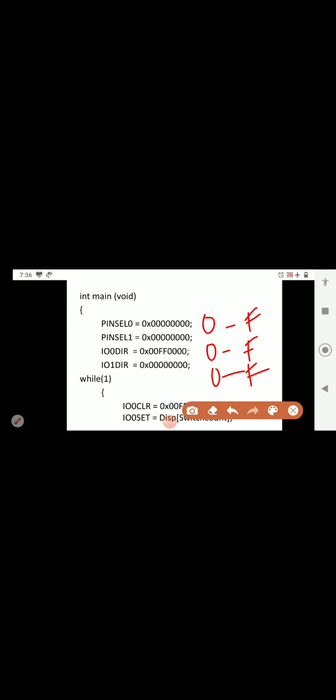The delay depends on the values we have written here, that is the value of j and the value of delay. So if you want to further increase the delay between the characters, you just have to increase the j number and delay number, so that we will get the delay there. Okay, so this is how this program is going to work.